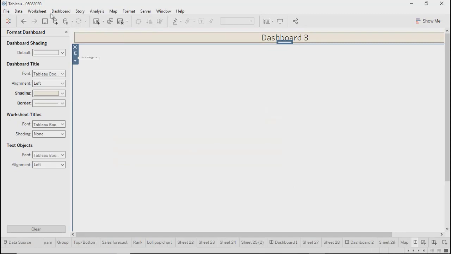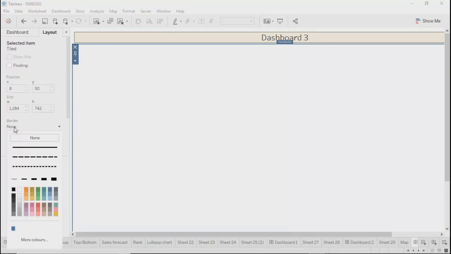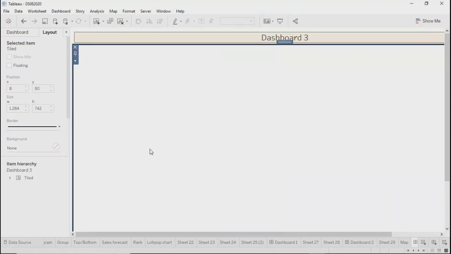Then for this page also you can select border, and that will be from layout, and then border for this. So you got border for title as well as page container also.